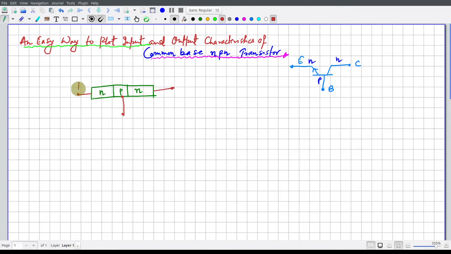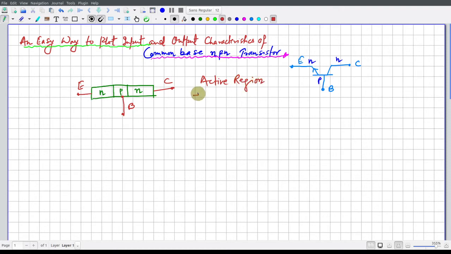So this one is our emitter, base and collector. For the time being we are saying this transistor is operating in the active region.